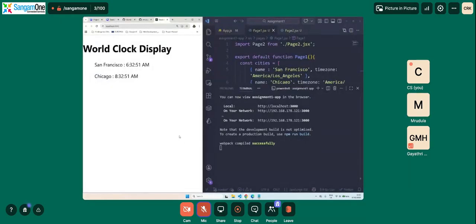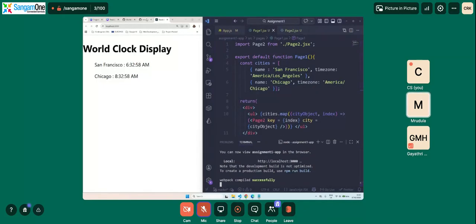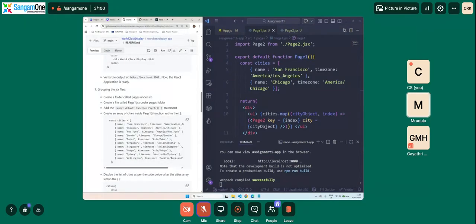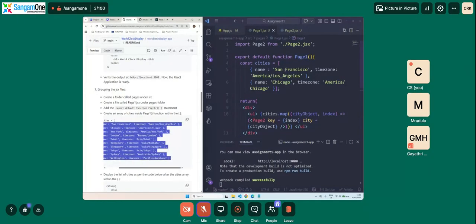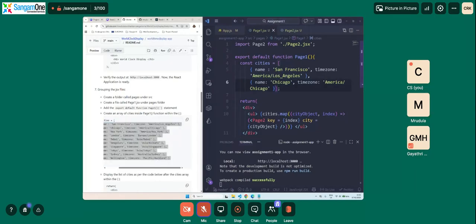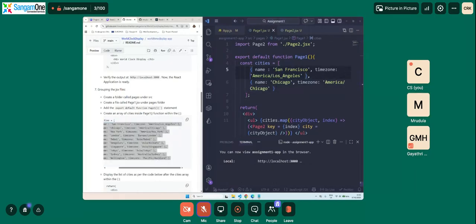Okay. So now what we will do is we said we will be using names of 10 different cities, right? So we'll go back to our GitHub, and from our README file, we'll copy the array of the cities, and then we will just paste it here. Okay. So what we do here is,